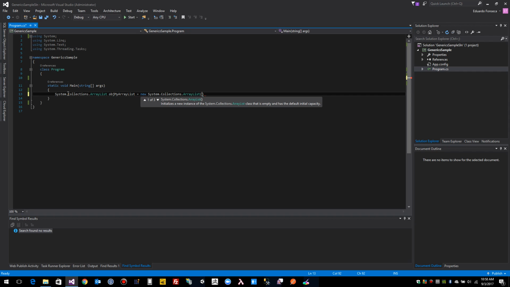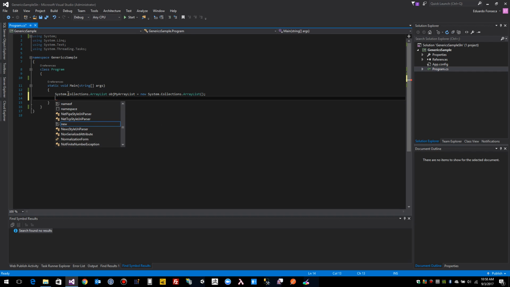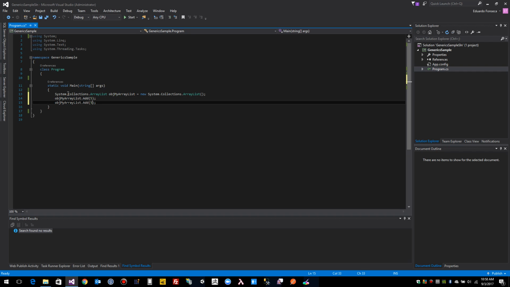When you create an instance of it, or actually when you add elements to this array list, what you input or send to the add method is